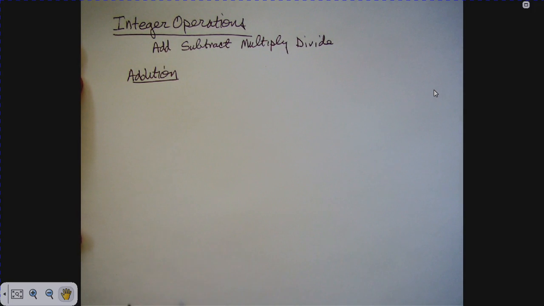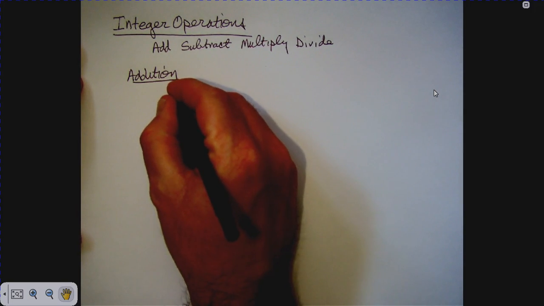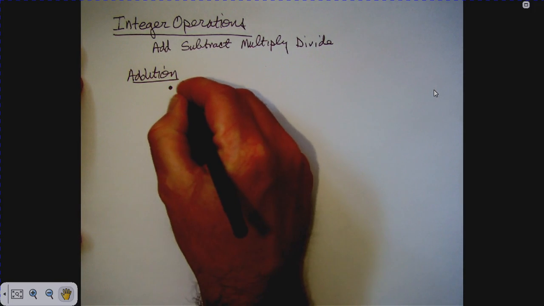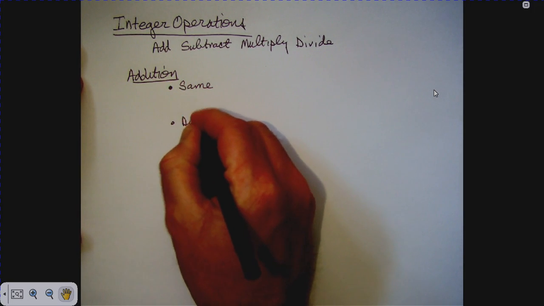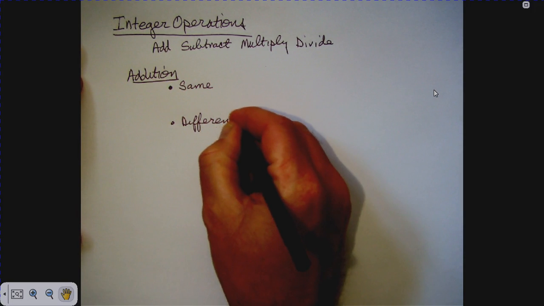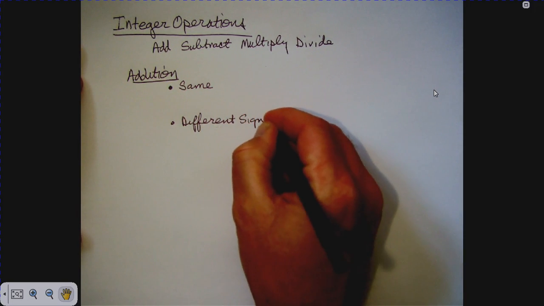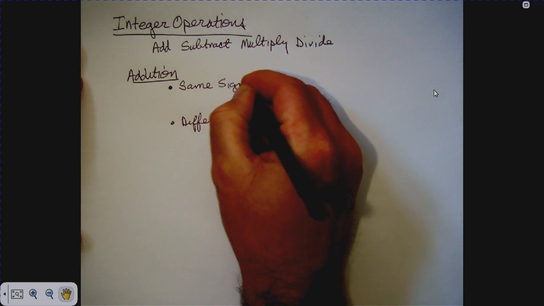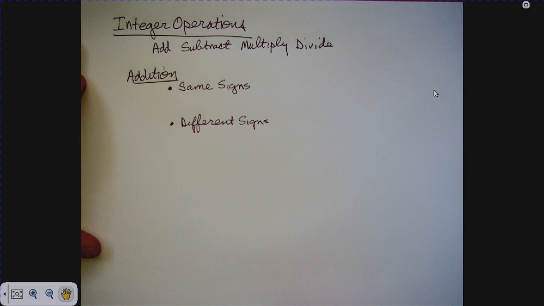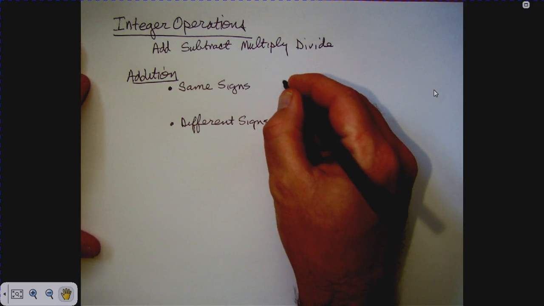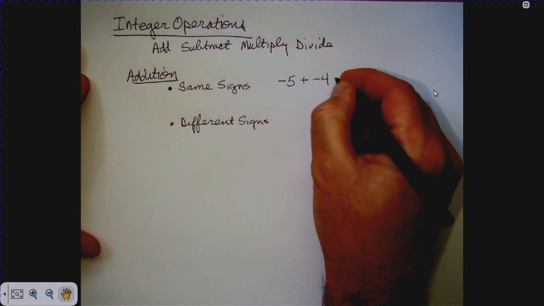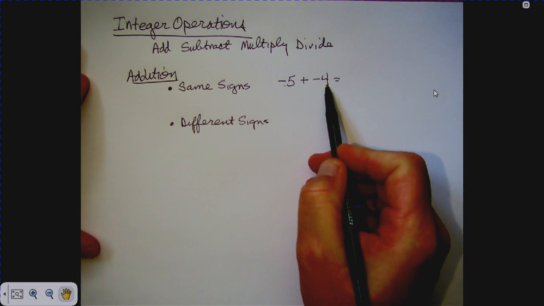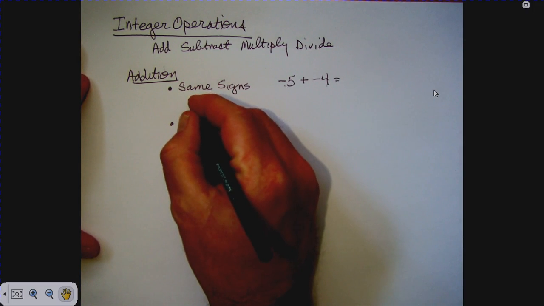And it's a 2-part rule. It depends on whether they have the same sign or whether they have different signs. You should write this down also. The rule if the 2 numbers have the same sign. So by that I mean, for example, -5 plus -4. They both have the same sign. Okay? The rule is to